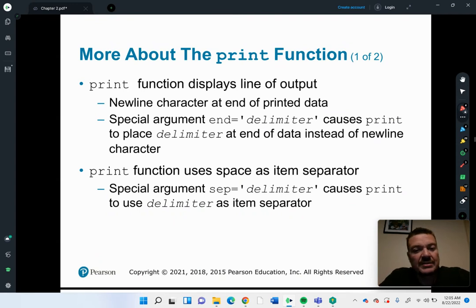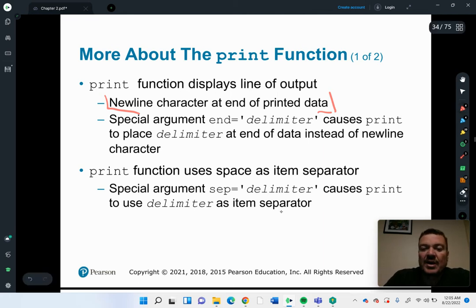With the print function, we can set some different parameters. In fact, we can say, the print function displays lines of output. We can say, hey, instead of the new line character at the end, we can say what we want it to be. So special argument end equals delimiter causes print to place delimiter at the end of data instead of new line character. So all that we've been doing so far